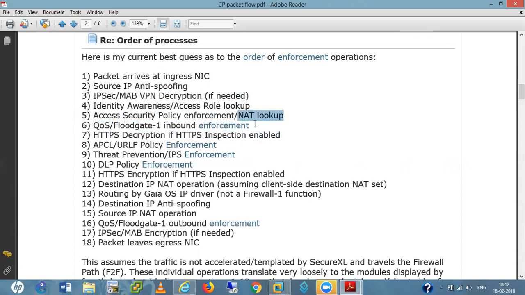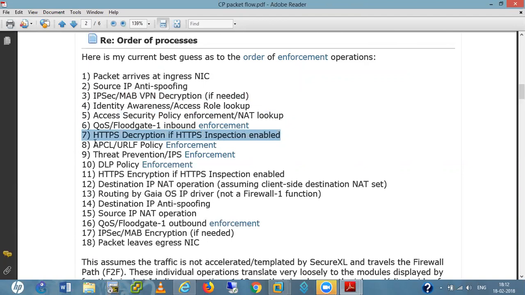After that, if the traffic is HTTPS encrypted, then for content, URL and application, we require decryption, right? For this HTTPS traffic. So basically here, according to our decryption policy, it applies in step 7.